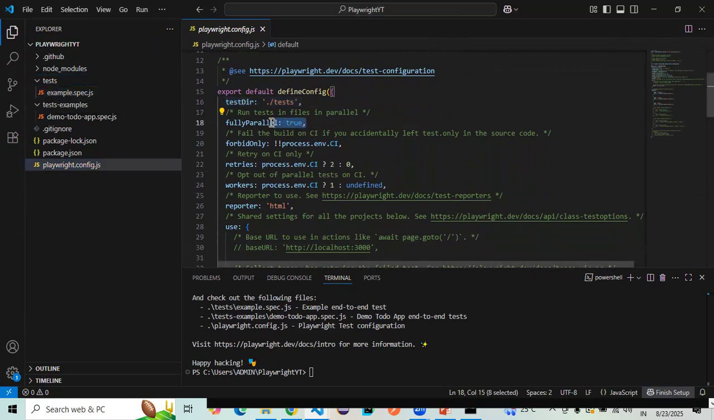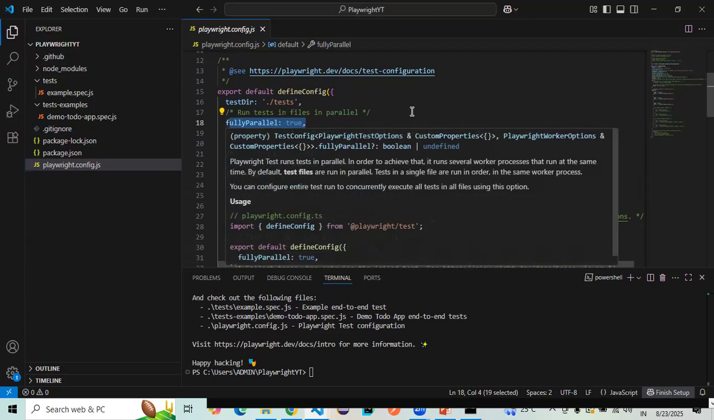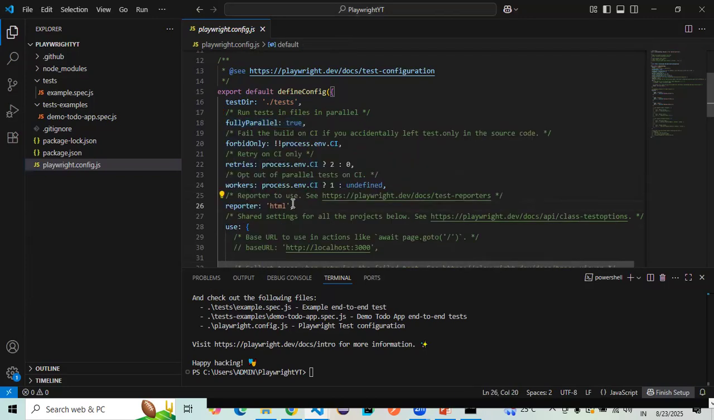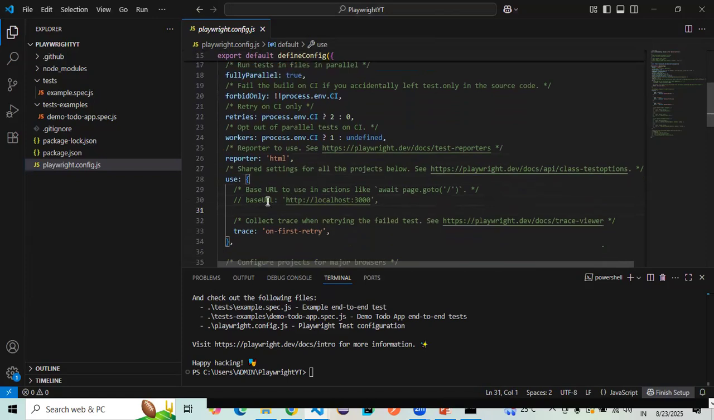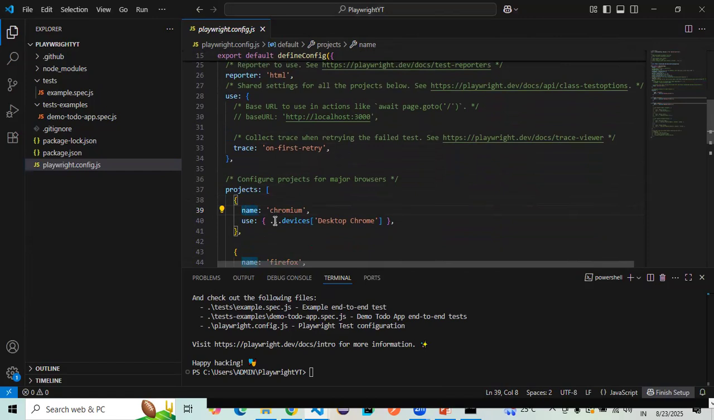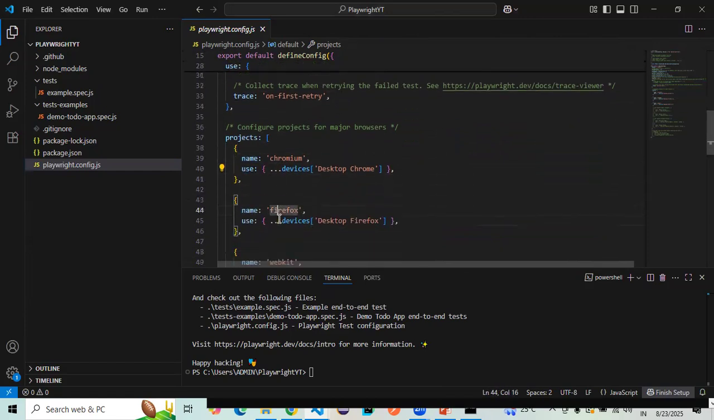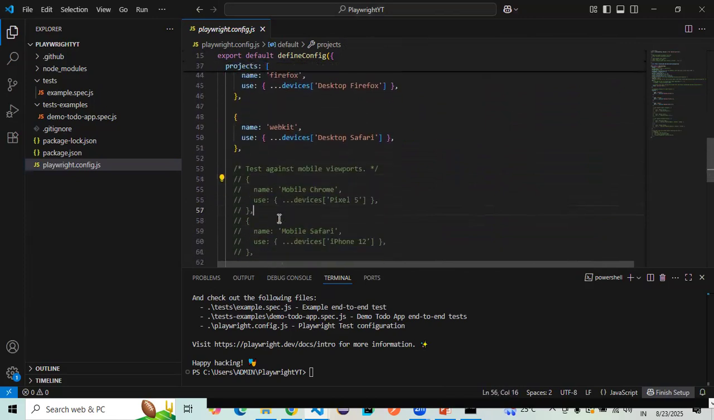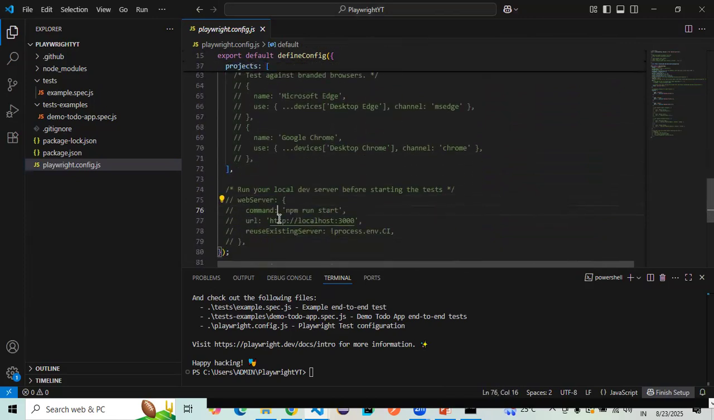And if you want to run the test cases in parallel, you can set fullyParallel equal to true. Reporter HTML means it's going to capture a report in HTML format. Then this use section is very important. We will look at how we can further add more attributes to this use object. And in projects, we can also mention which browsers we want to execute. For now, in the default, they have given Chromium, Firefox, WebKit. Okay, so we'll deep dive into this particular file, as well as start writing our sample test inside example.spec.js